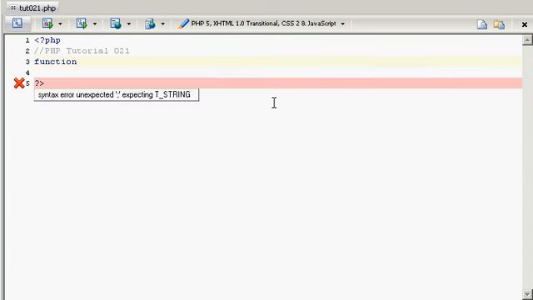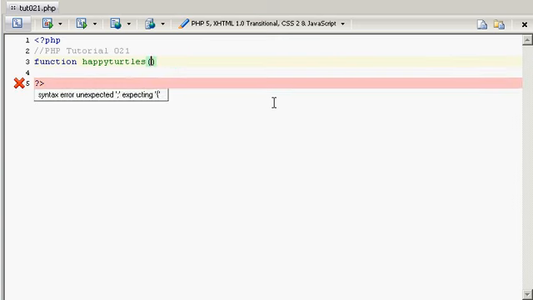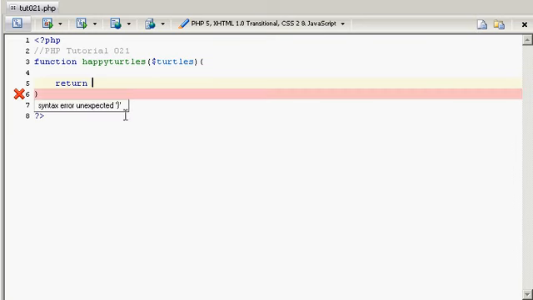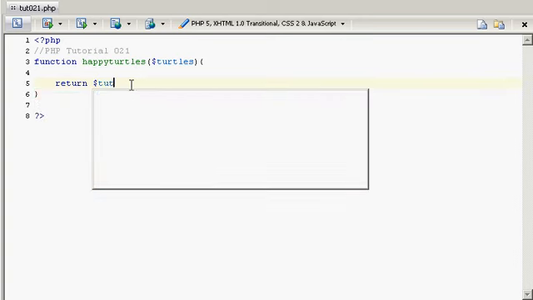And then you put the name. So I'm just going to call it Happy Turtles. And then this is where you put in the variables that you desire. So I'm going to say turtles, and I'm going to make this code block, and that's pretty much it. Except that when you're doing a function, you should do a return, and this is where you return something. So if I wanted to do this, let's see here,